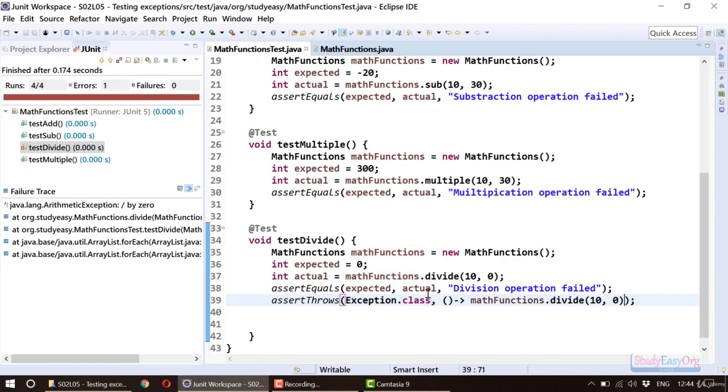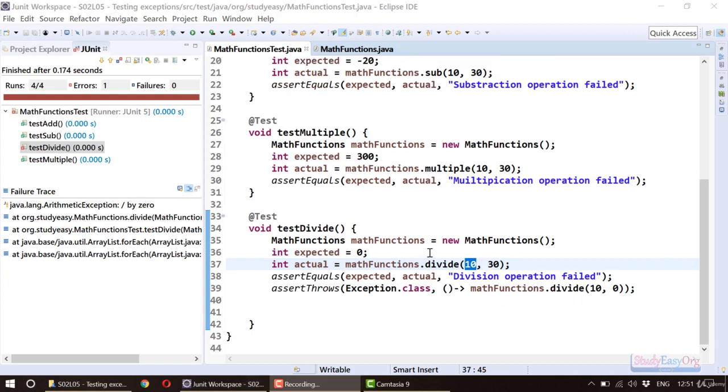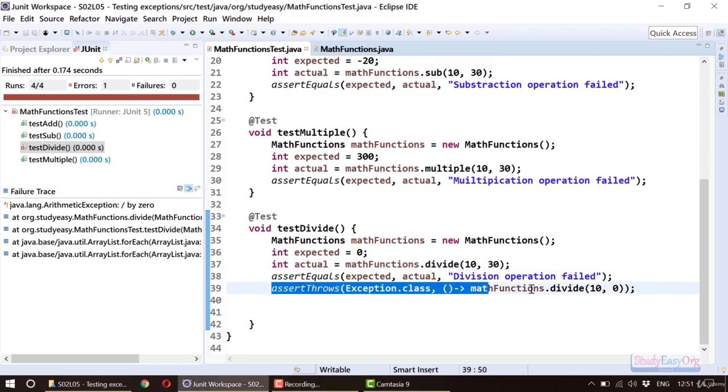And when it comes to assert equals, we will again change this to 30. So now in here there would be two calls to the divide method. Firstly, we will test whether the divide method is working properly when we are passing a value as 10 and b value as 30. And then in line number 39, we are again